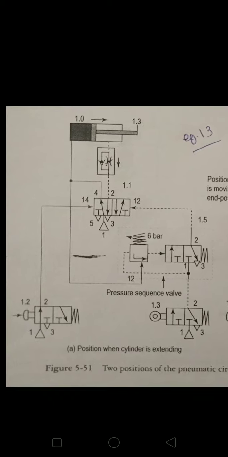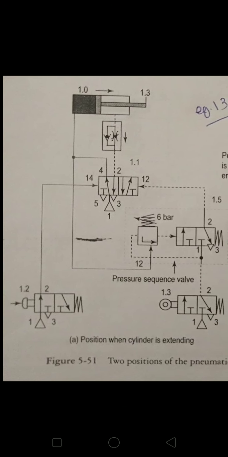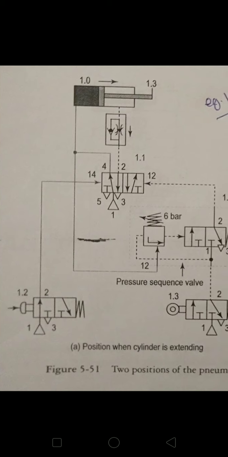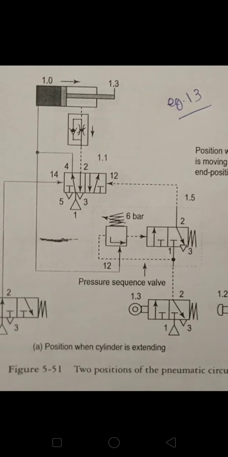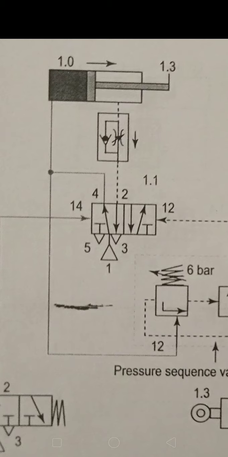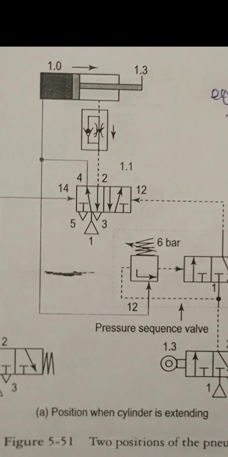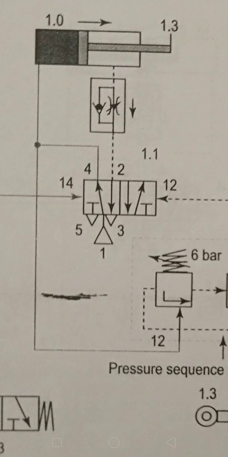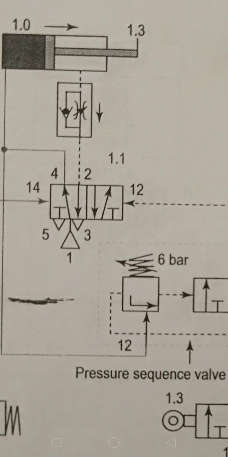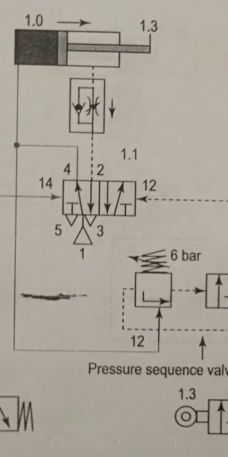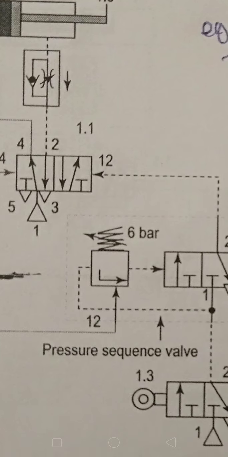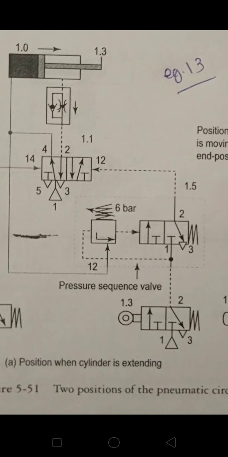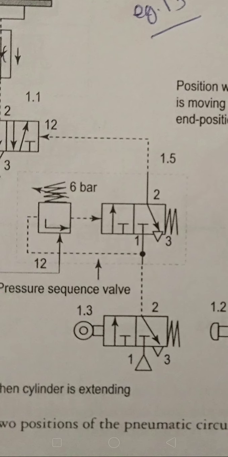So this is how it works when you are applying a push button to the 1.2 valve, which is a 3/2 DC valve, push button valve, right? It is having a direct signal to the 5/2 DC valve at pilot port 14. So 1 is connected to 4, and this 4 is connected to the left side of the piston. So the piston will move towards the right, and OK, as soon as the piston rod touches 1.3, there will be an automatic signal to the roller valve, which is 1.3, right?